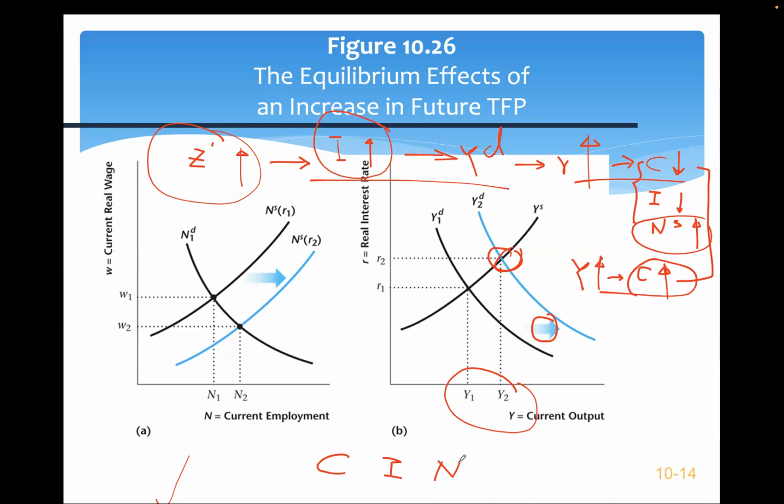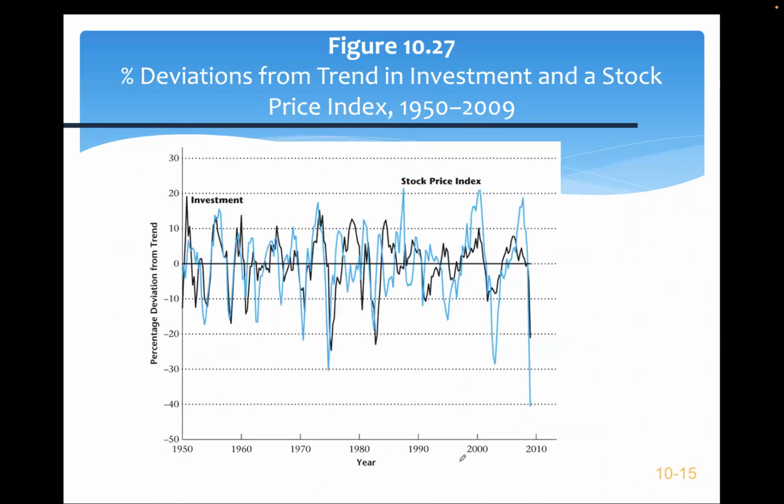Okay, so the economy is turbocharged, and then we are going to move to the next stage, a more promising next stage, right? So here we can see how the economy is going to respond. What do we have here? From 1950 to 2009 or 2010, this is a stock price index, and this is investment, right? So clearly you can see the investment kind of leads the